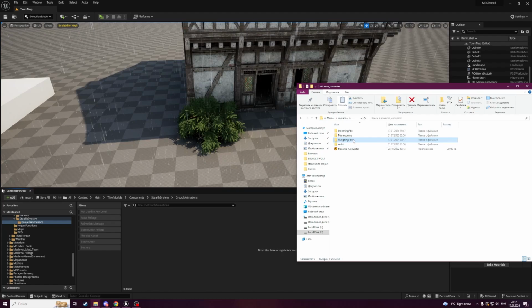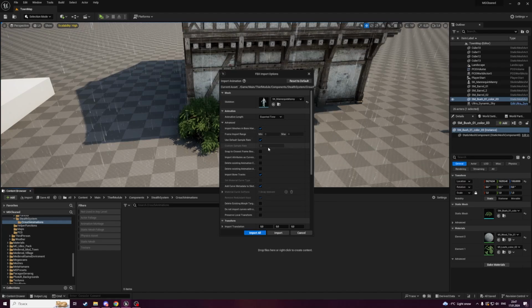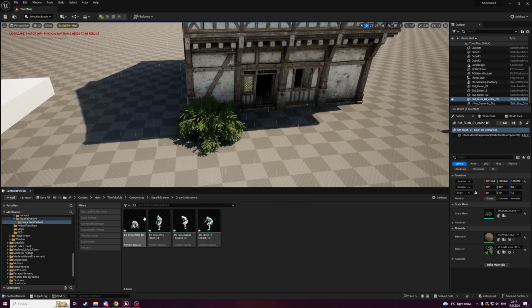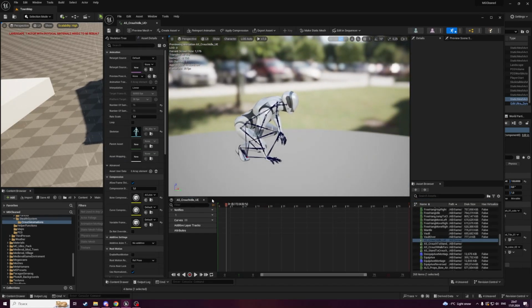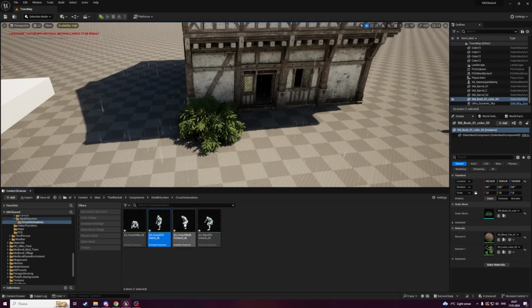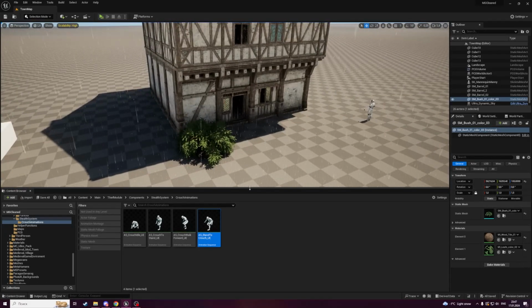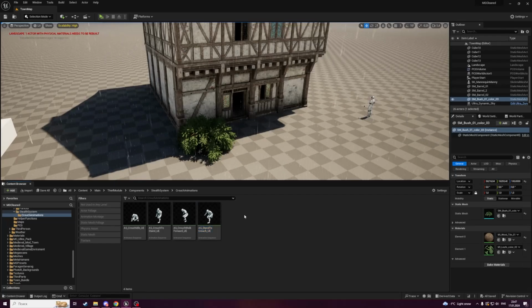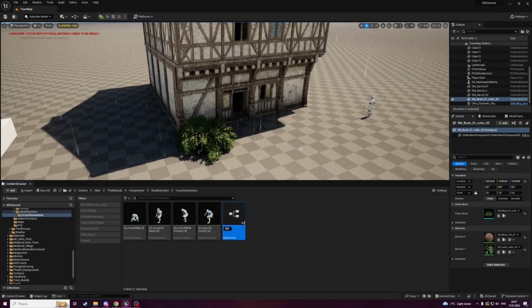Now in outgoing FBX folder we can find converted animations, and I'm gonna just drag them here and select a skeleton as Manny. And I'm not gonna change anything here, just import all. So here are our Mixamo animations for Unreal Engine 5 skeleton. And now let's create a component. Let's create a new actor component and call it stealth